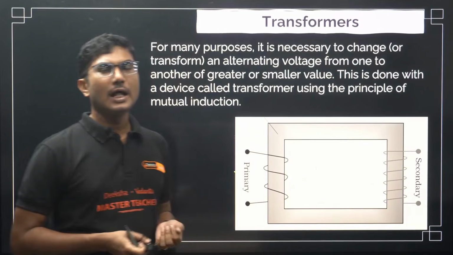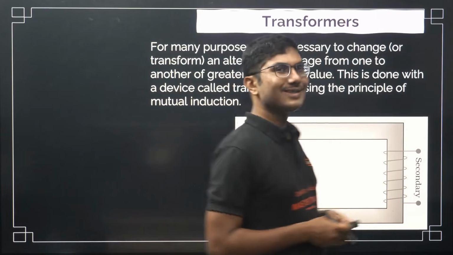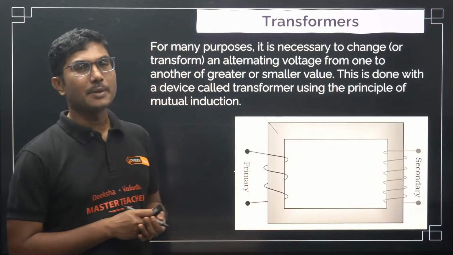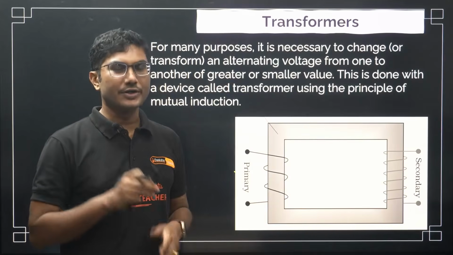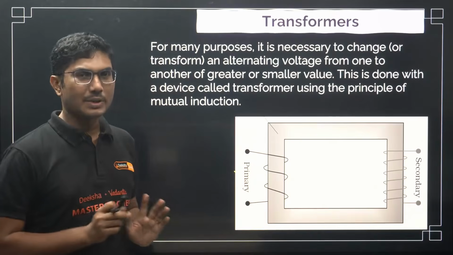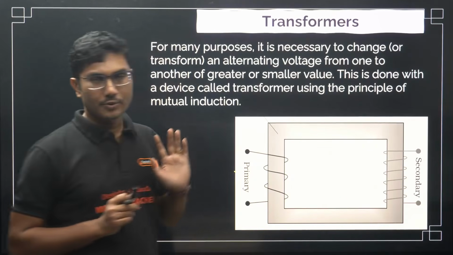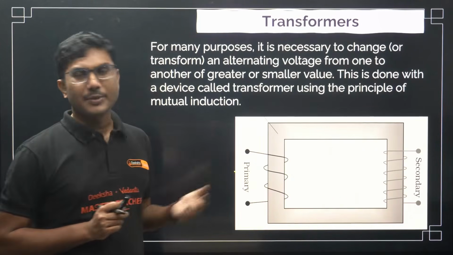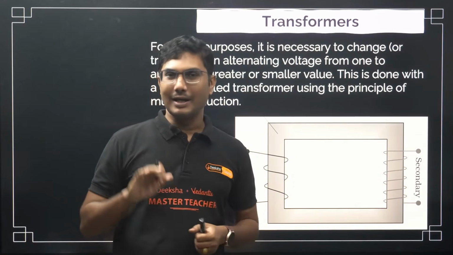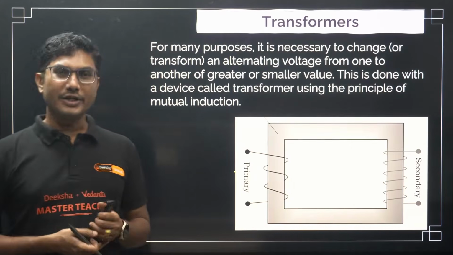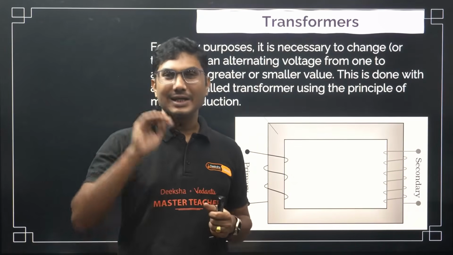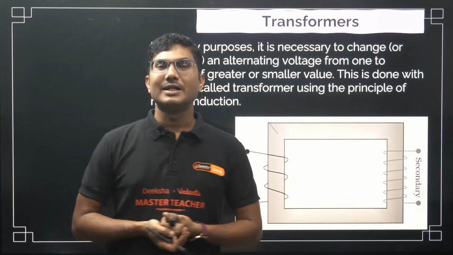Usually there are two types of transformer. One is called step up transformer, another is called step down transformer. A step up transformer increases the AC voltage, and a transformer is only applicable for AC current, not for DC current. This much you have to understand. A step up transformer is one where the voltage is increased by decreasing the current. Whereas if you do the opposite, that is, decrease the voltage and increase the current, then that is called a